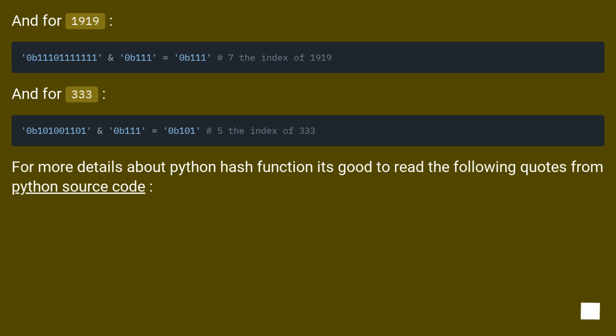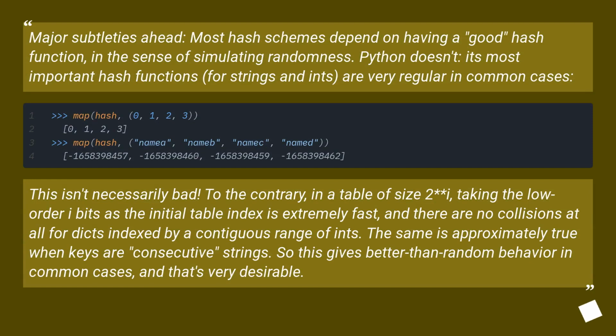For more details about the Python hash function, it's good to read the following quotes from the Python source code. Major subtleties ahead. Most hash schemes depend on having a good hash function, in the sense of simulating randomness. Python doesn't. Its most important hash functions, for strings and ints, are very regular in common cases.